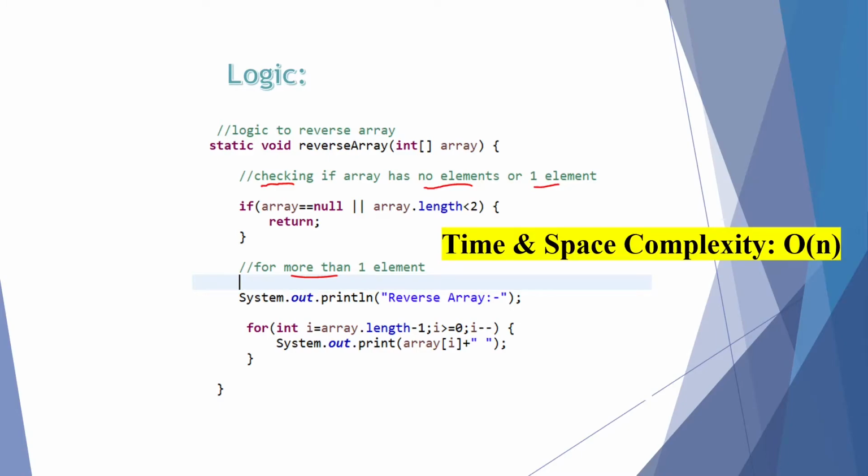But is it a better solution? No, certainly not. This code has time complexity O(n) and space complexity O(n). How? Because here we are iterating n number of times. N number of times means for n elements, and here we have 5 elements, so we are iterating 5 times. That's why time complexity is O(n). And space complexity is O(n) because we are storing these n elements in a new array, right? So that's why the space complexity is also O(n).